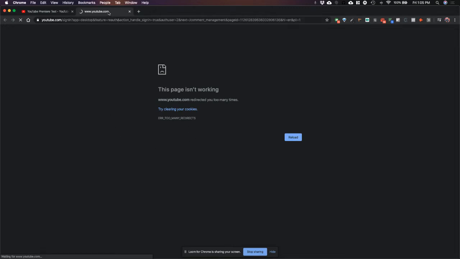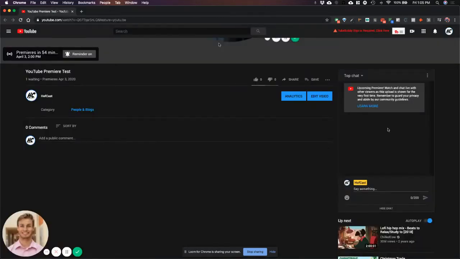And I don't know why that didn't work. We'll have to flesh through all of this. So participants, you could pull up the list, and this may only work once it's live. I don't know. But yeah, this is where you could block or mute participants. You can do top chat. You can do live chat. So moderators will probably want to have some people on both areas. But live chat,